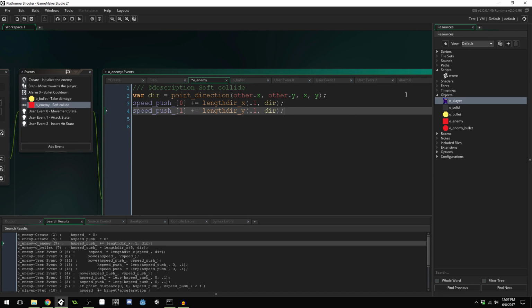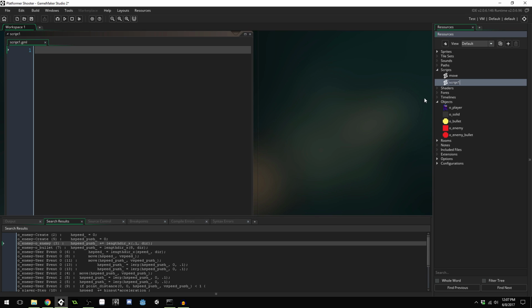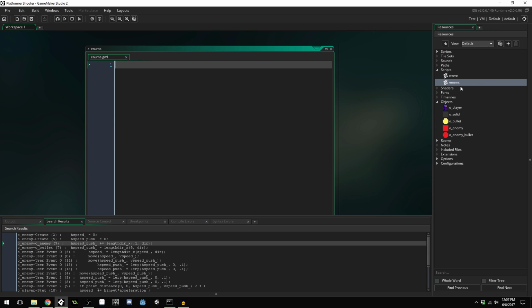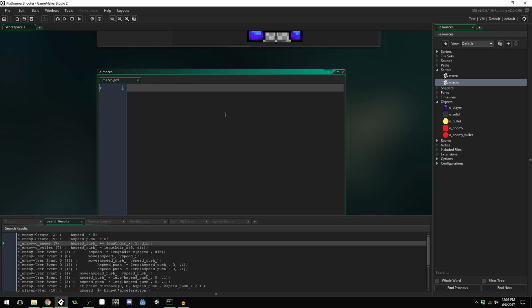Now, this is kind of throwing a lot at you right away, but let's create a new script and name this enums. I think that should be fine. And we can create an enum here. Well, let's actually use macros. So I'm going to rename this and just call it macro. That'll be fine. I just don't want the enum name. So we'll call this macro